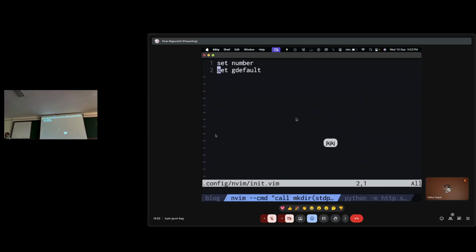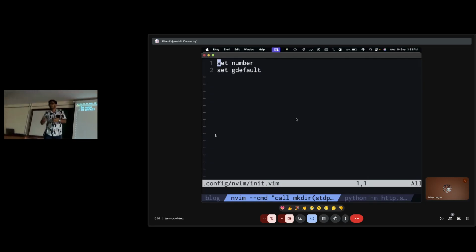So you might have seen that so far I've not introduced the idea of LSPs, for example. Have you heard of language servers? Like in VS Code, how you have auto completions and diagnostics and everything. Since most of you are first years here, default Vim will work for you a lot. You don't need fancy features, and you can make do without them for a very long time, just because of how powerful Vim is.